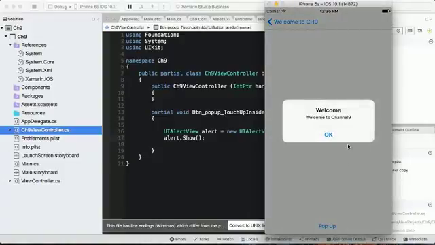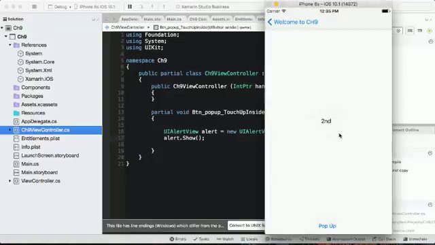So there is our UI alert view, and it says welcome with the message welcome to channel 9, and the cancel button title is obviously OK. So if I just press this, it will just dismiss the overlay, and this is how you're able to just create a method. And inside the method you can just simply create the pop-ups, and for example, if you just go back or just navigate, I can do the stuff,